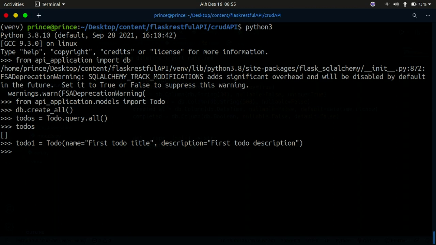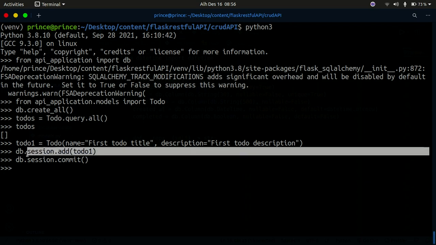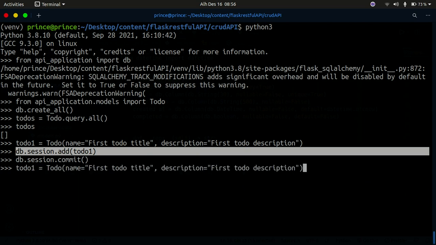I'm just going to now add this to the database. So I'm going to say db.session.add, and I'm going to say todo1, just like that. This is going to add the first to do into our database. So now do db.session.commit. If you do db.session.add, it's not actually going to add it. It just tells you that, hey, you're going to make some changes. But if you now do commit, you're going to commit those changes, which is actually going to write this into the database. So now if I bring back the command where we are trying to get the to dos, so ToDo.query.all, and then I simply do todos,